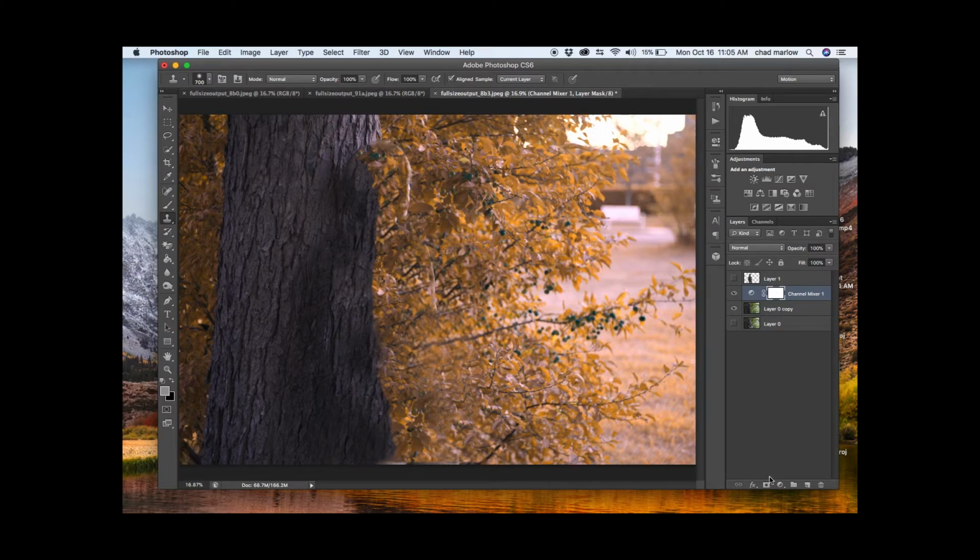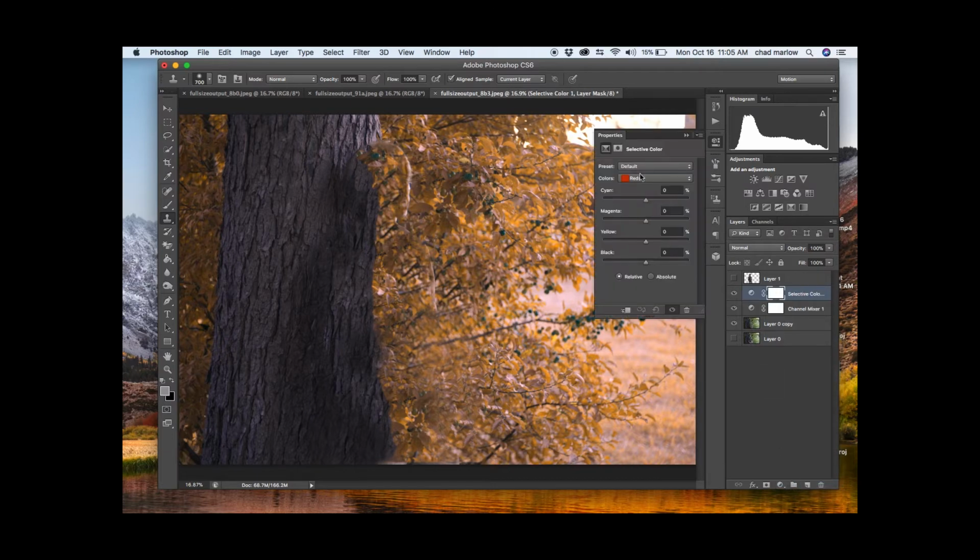And we can make this a little bit better by clicking down on the half moon again, and let's go to Selective Color. Now make sure your color selected is yellow, because the majority of the leaves now are yellow. Go down here to yellow, and let's bring this out just a little bit. It's really your preference of what you like. And you go to your reds, and that's cyan. We'll bring that up just a little bit. Take the yellow, bring it up a little bit,